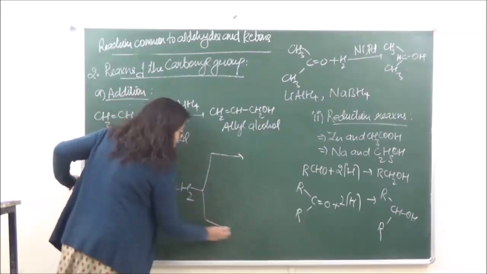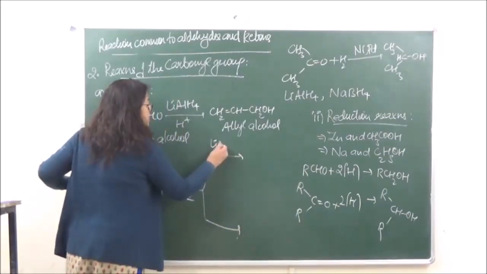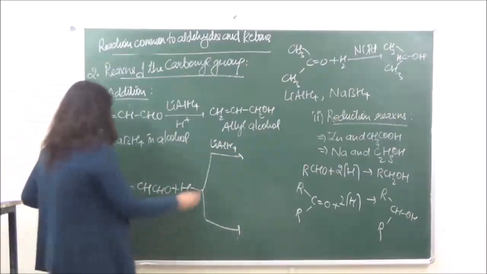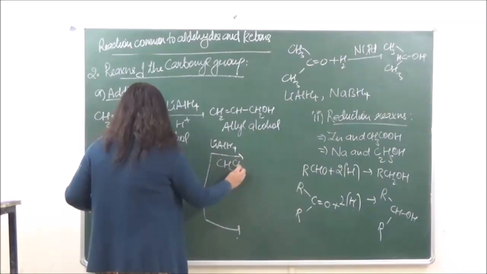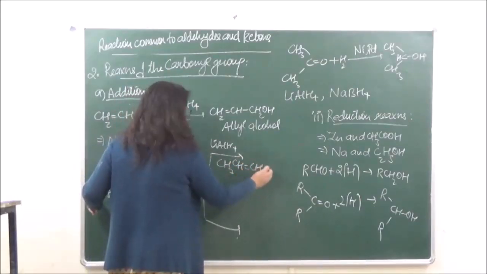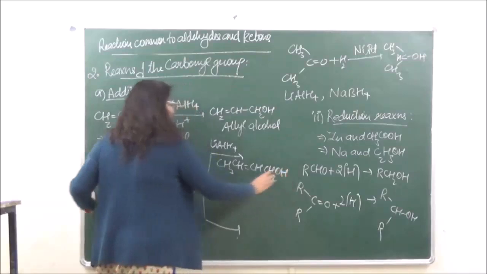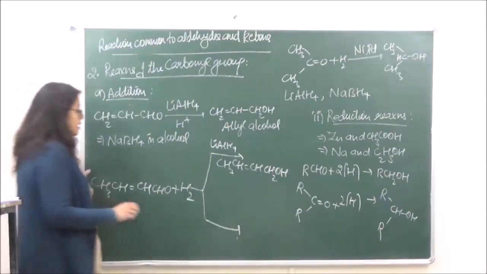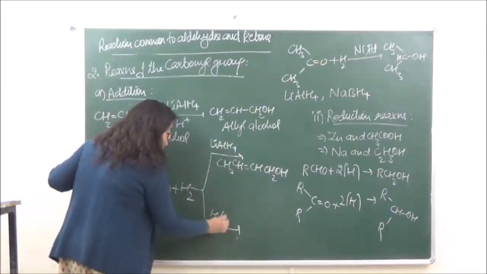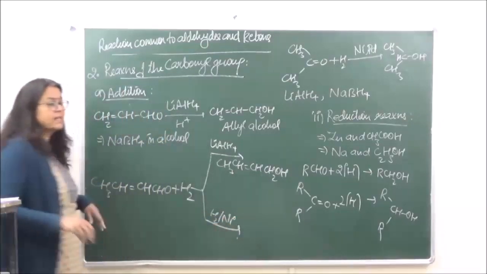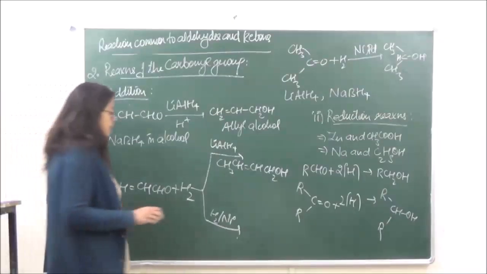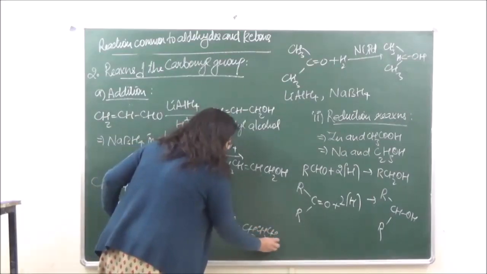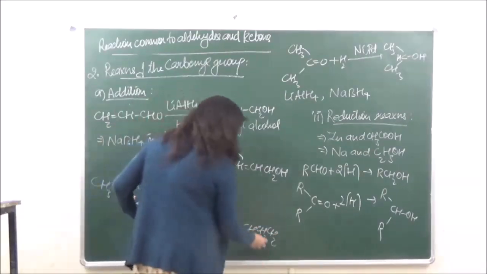If we are using the reducing agent as lithium aluminium hydride, the product which we will get is CH3CH=CHCH2OH. The double bond is not going to change. But if we are using over here hydrogen in presence of nickel, catalytic hydrogenation if we are doing, then the double bond over here is going to be abolished, such that we get a normal butanol.